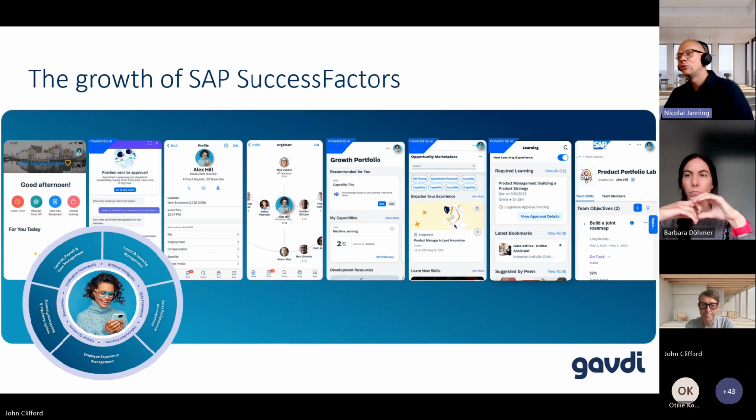I hope you also look forward to this introduction and demo of the Opportunity Marketplace. Sometimes it's difficult to keep up with all the innovations, so I'm sure Barbara will do a great job of introducing that and giving you an overview of the solution. So with that said, those are my words from here on, and I'm really eager to see what we have on the table today as well.